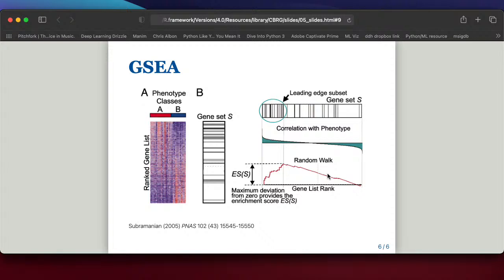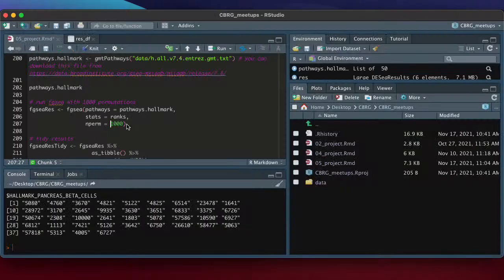And that distribution will have an expected or average enrichment score, and then you compare that to the enrichment score for this given gene set and your genes, and you ask the question, how unlikely is it to see this number? And the more unlikely it is, the lower the p-value.